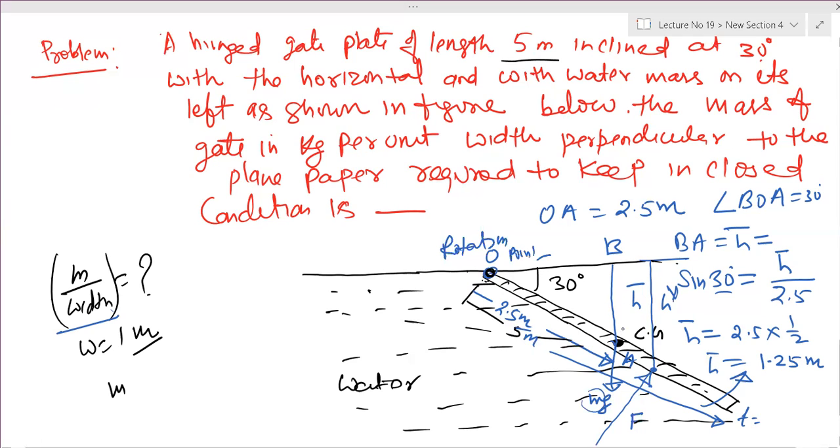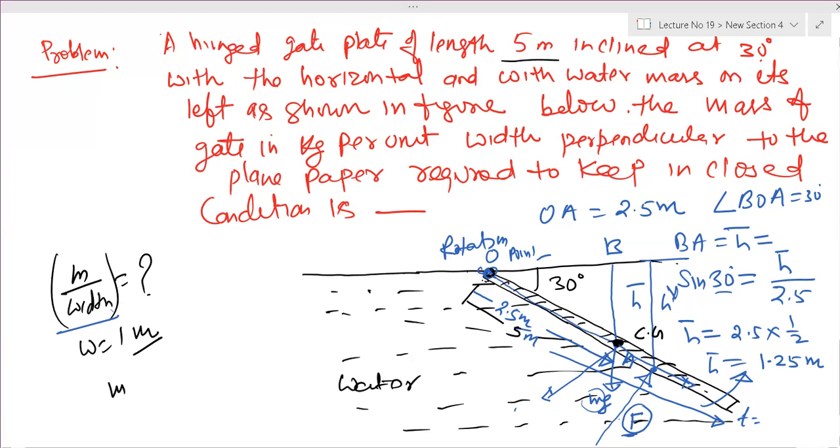If you want to know how much torque is applied by this force, you can find this force and the perpendicular distance of this force from the hinge point. Similarly, what will be the torque due to mg? That is again the distance and the perpendicular component of mg, but mg is not acting perpendicular to the plate. You have to resolve mg into two components, one along the plate and one perpendicular.